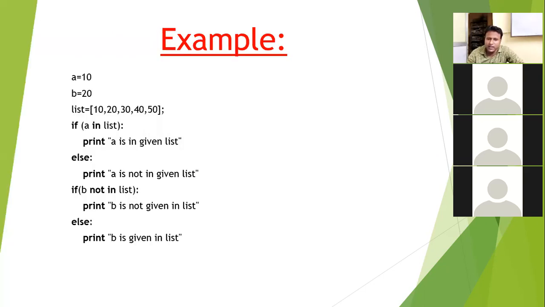Now check here. It is if else, we start, but you have to assume that a is equals to 10, b is equals to 20.